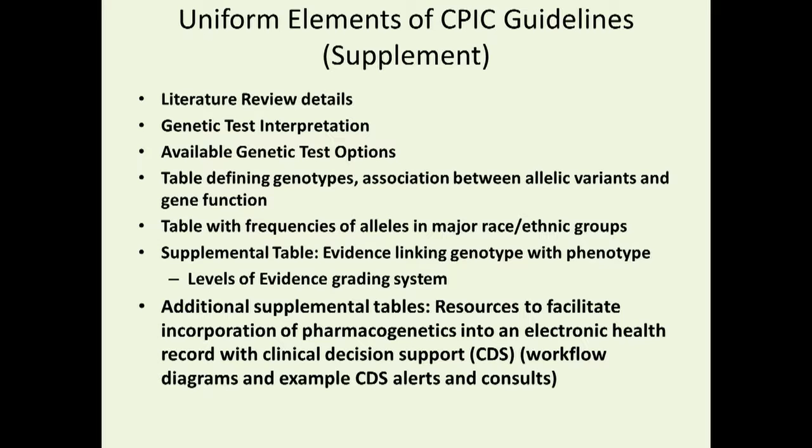We have a lot of supplemental tables in the supplement. I'm not going to bore you with all these, but I'll let you know they're there. So pretty much if you were implementing into clinic, these tables will really help you with that. But I'm going to focus a little bit more of my talk on these additional supplemental tables, these resources to facilitate